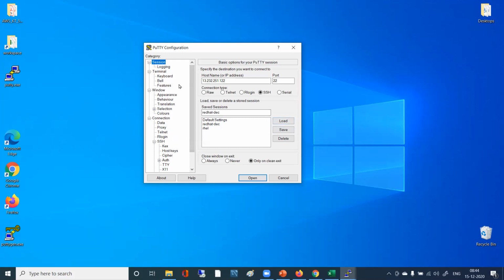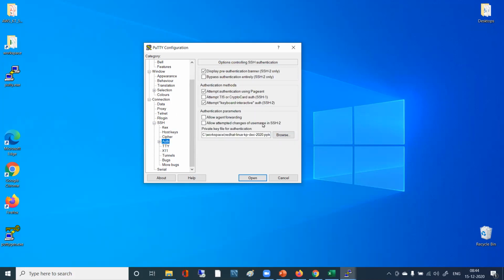Now what happens is, if that key was not saved earlier in your profile, then when you click on Load, that key will be removed. So for the very first time, when you are adding this key, you have to save it. Once it is saved in your profile, then if you load, it will come here.